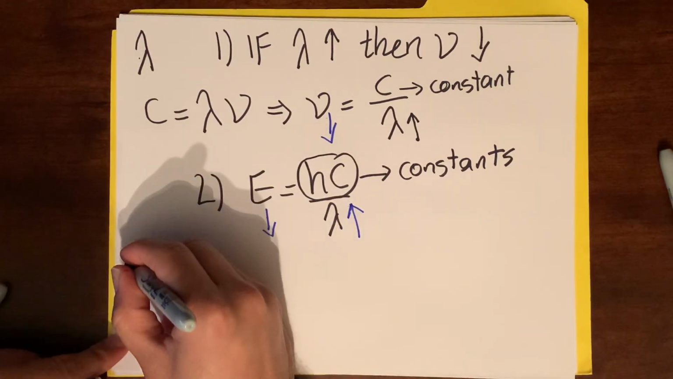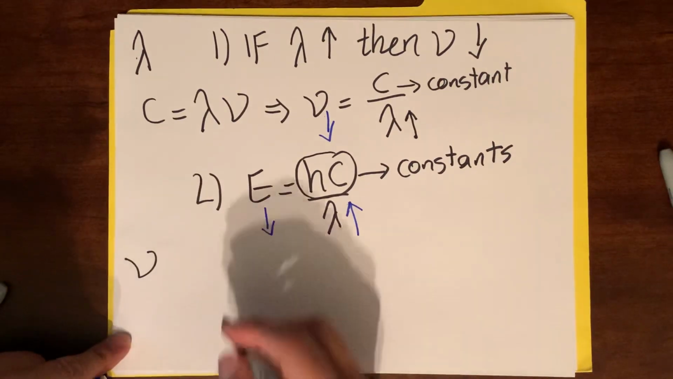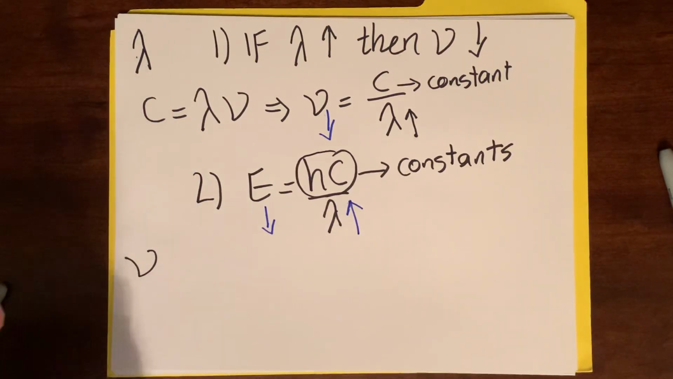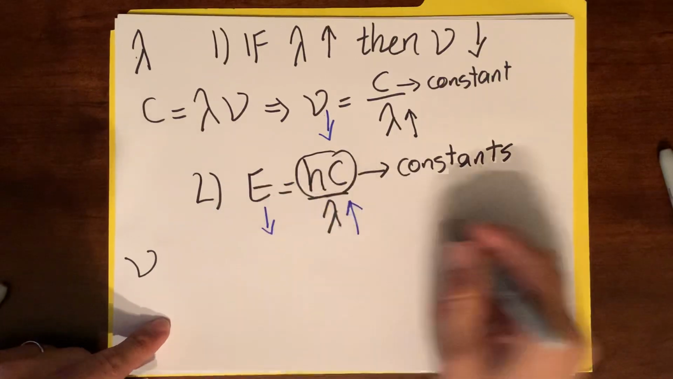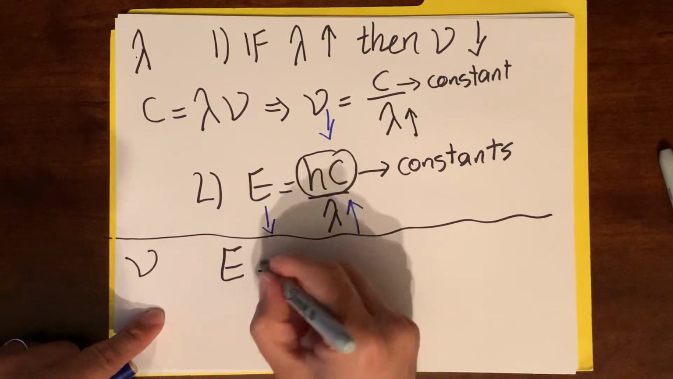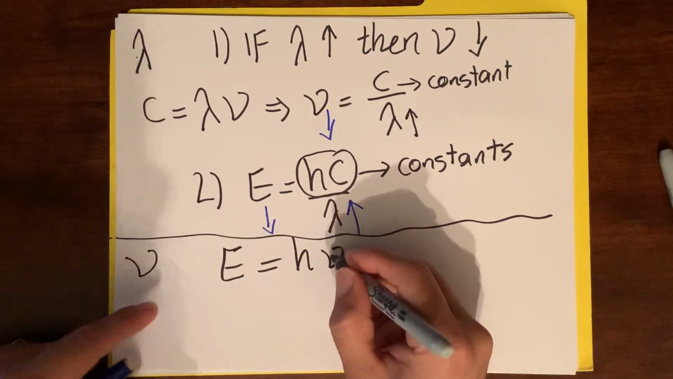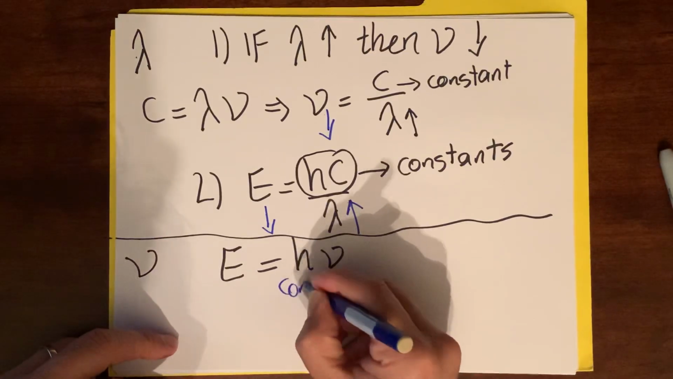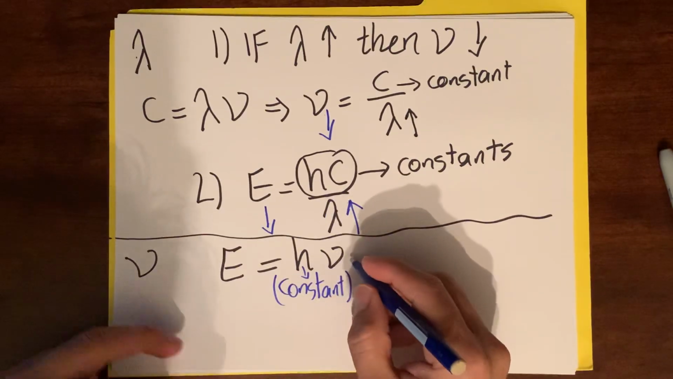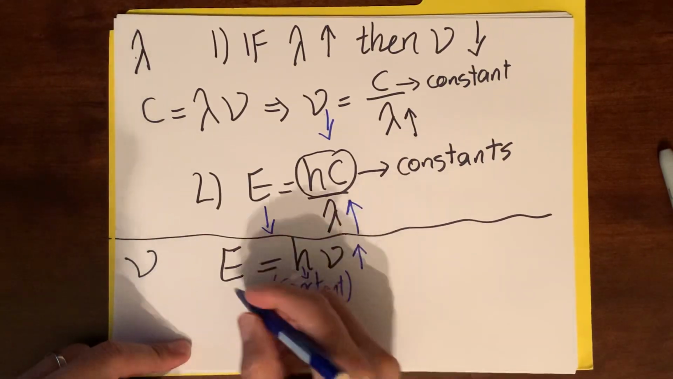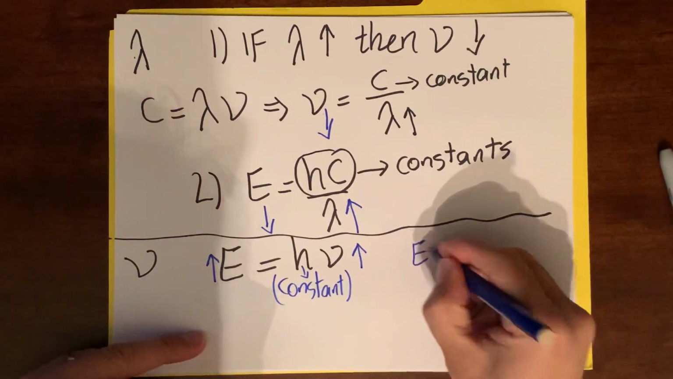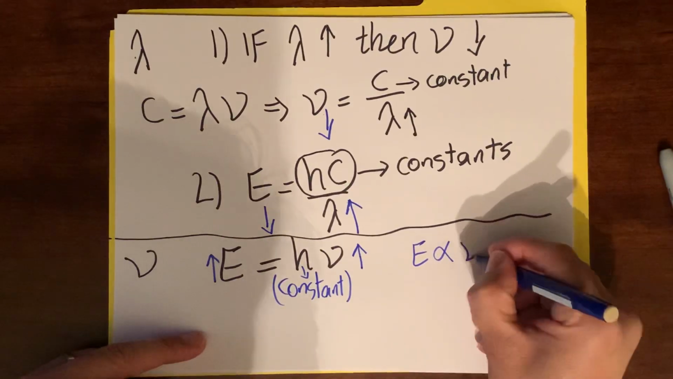And the last thing is the frequency. What will happen with energy when frequency goes up or down? I'm going to separate this one. We have energy equal to h nu, and h is constant. If nu goes up, then energy will go up. So energy is directly connected to frequency,